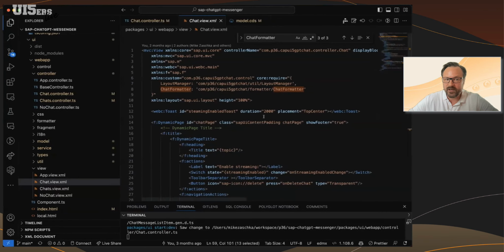And I also tend to have not only one formatter, but contextual formatters, based on the entity or another pattern that I need to apply inside of my application. So not one formatter with 1,000 lines of code, but different formatters. And that makes it pretty easy to just grab the stuff that you need.